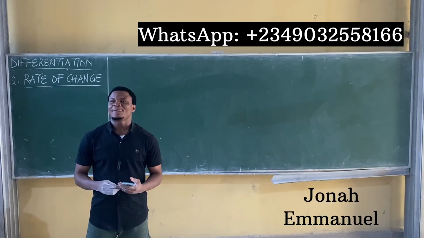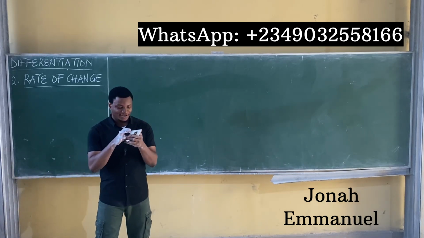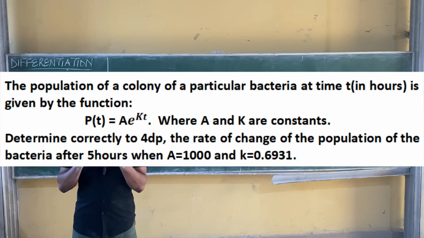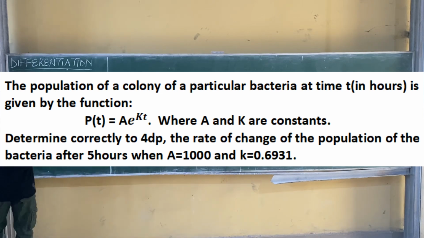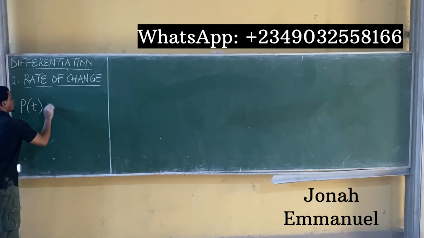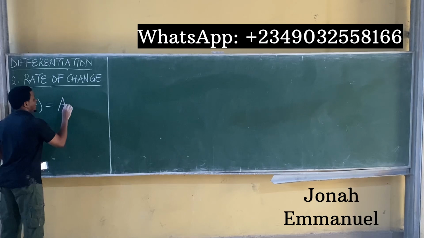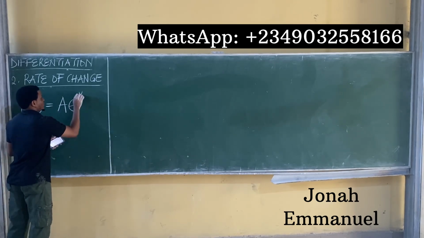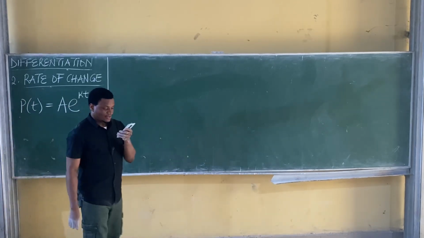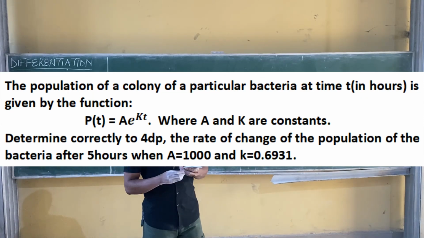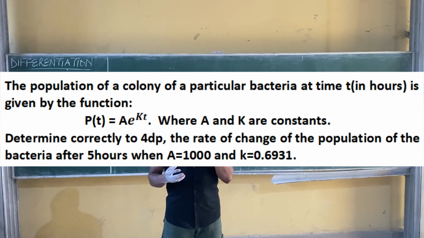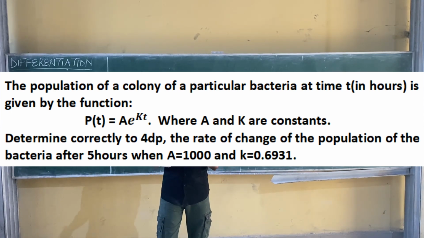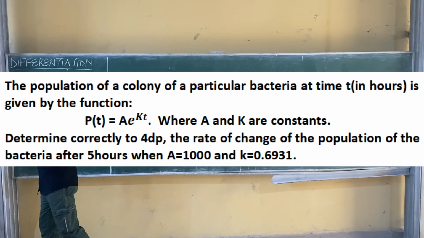All right, so let's consider this question, please. This question says the population of a colony of a particular bacteria at a time t, in hours, is given by P(t) = A e^(kt), where A and k are constants. Determine, correct to 4 decimal places, the rate of change of the population of the bacteria after 5 hours when